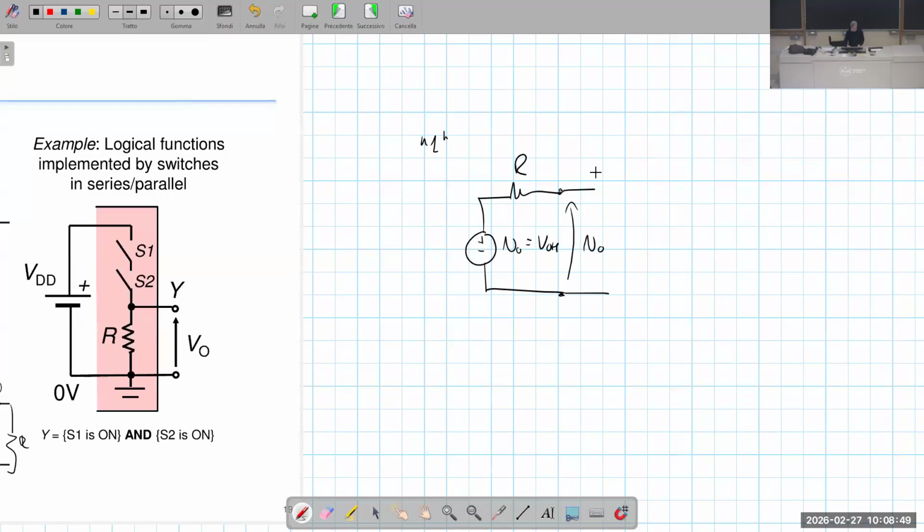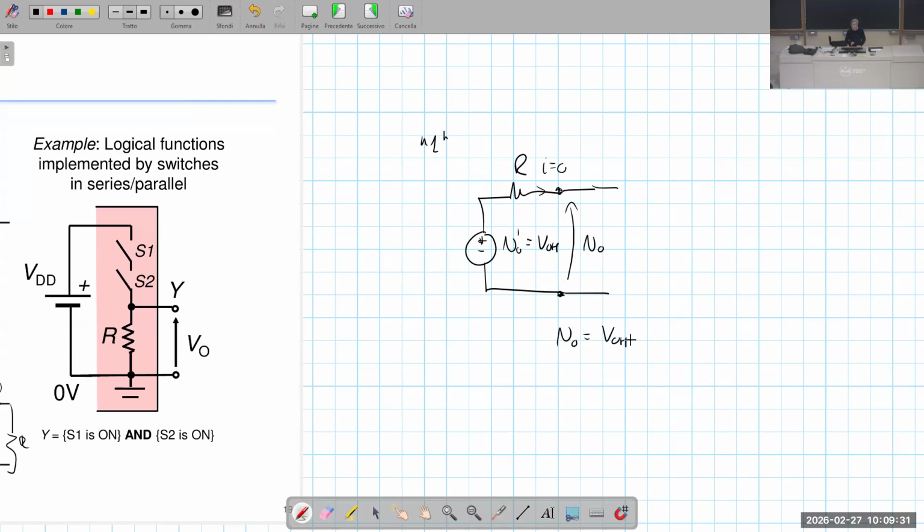Okay? If I don't connect anything to the output, what is VO in this case? Let's call this VO prime, the voltage of this voltage. What is VO at the external terminals if there is nothing connected? Is it zero? No, we have a voltage source here. We have no current flowing in the resistor, so the current in the resistor is zero, but we have this voltage. So if we apply Kirchhoff voltage law, we have that VO is